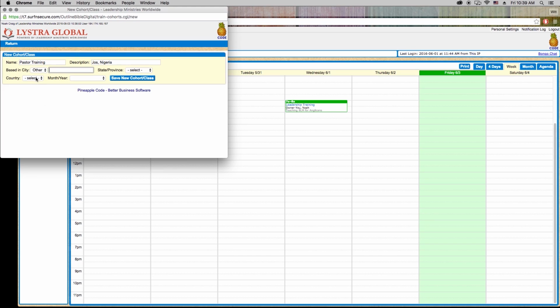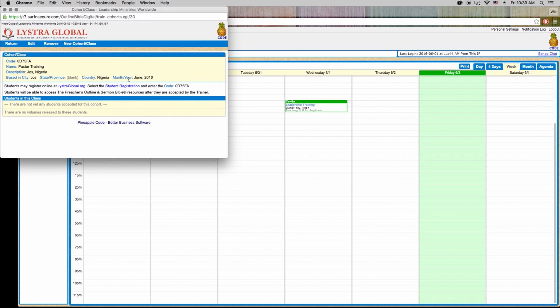So you'll click on the city. If it's one of the existing cities that you had in there in the past, you'll be able to use it as a pull down. If not, then you'll enter just other, and then here we'll put in Jos, the state or the province, and then the country. Here we'll look at Nigeria, and we'll pick the date. This one is going to be held in June of this year,